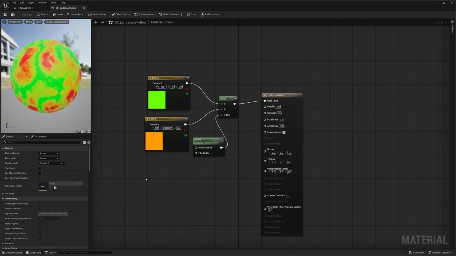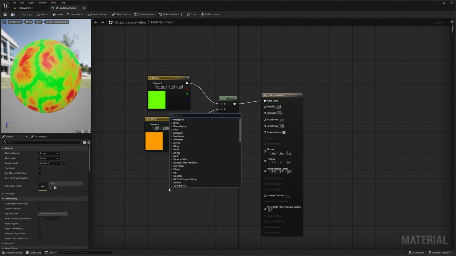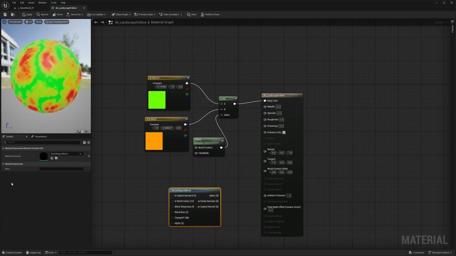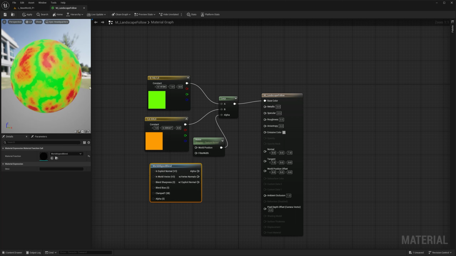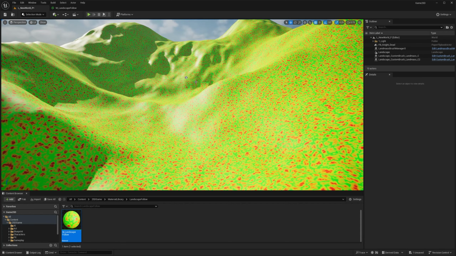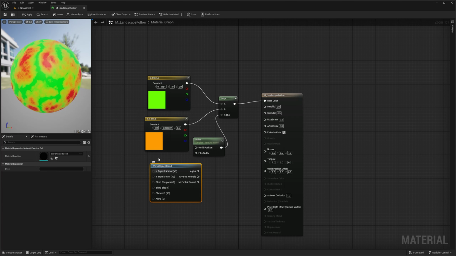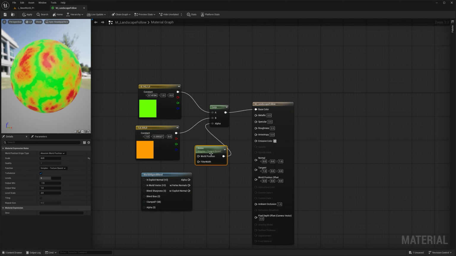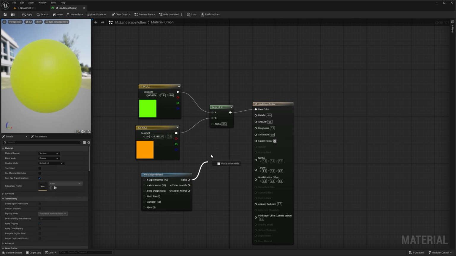Well, luckily for us, there is a node inside Unreal that does exactly that. I'm going to right click, I'm going to look for world, align, blend. This node here essentially is going to calculate the slope of the surface, and it's going to be able to dictate which color goes where. Okay? The same way that I did this thing here, I used a texture for that. I'm going to delete it, press delete, and I'm going to pull the alpha and connect there.